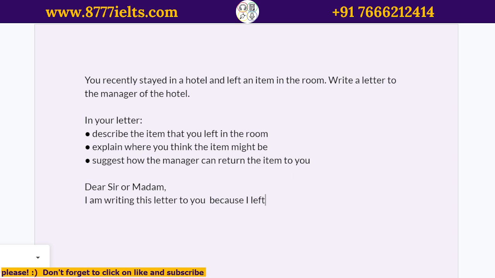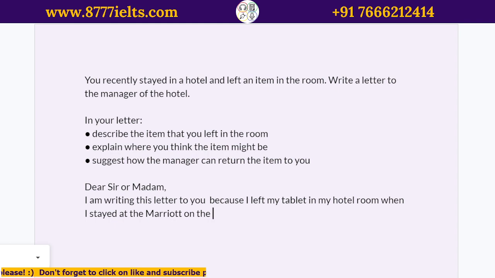So I'm writing a letter to you because I left my tablet the last time in my hotel room when I stayed at the Marriott on the 5th of December 2023.